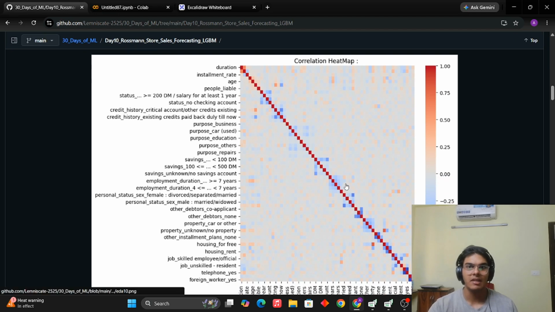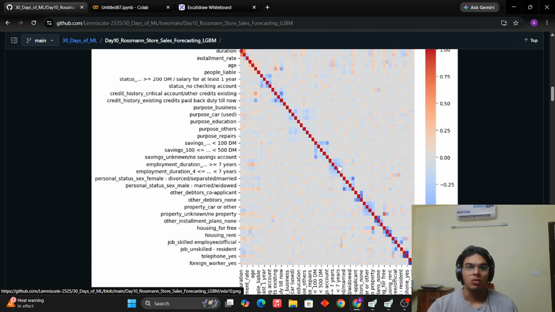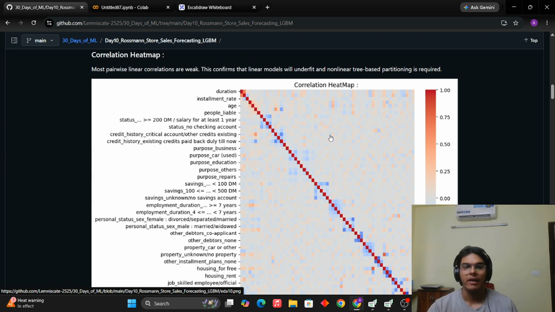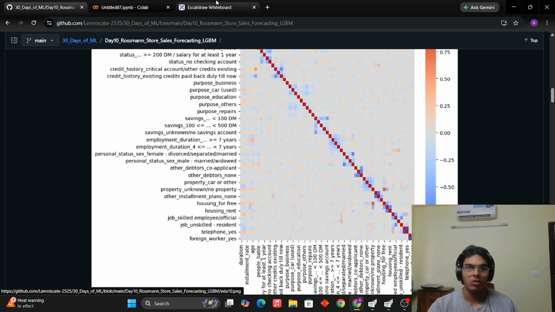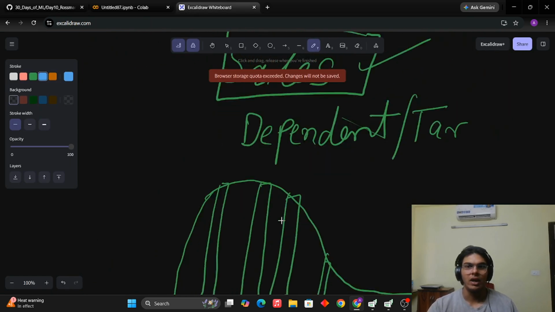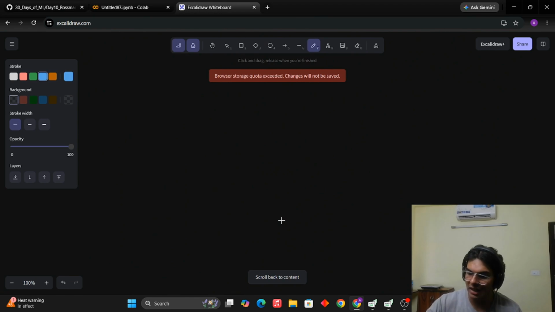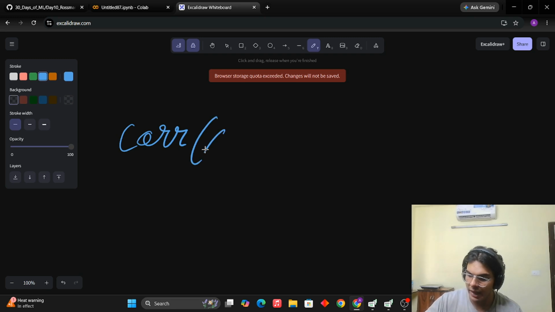So this heat plot tells us that the darker squares are the most correlated. Which is why the diagonal is the darkest, because the diagonal shows the relationship of the feature with itself. Like, you look at this square right here, it is duration with duration. So, of course, the correlation between duration and duration is the highest, it is 1, because it is the same one. So, correlation between any two identical features is the same, because you are saying that